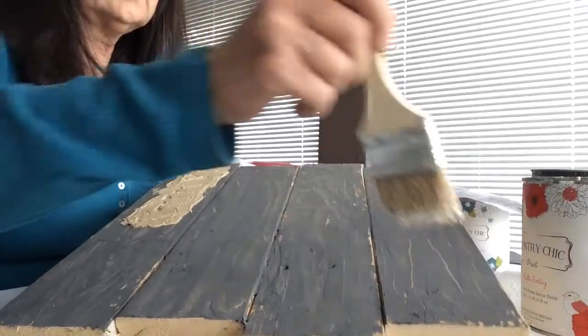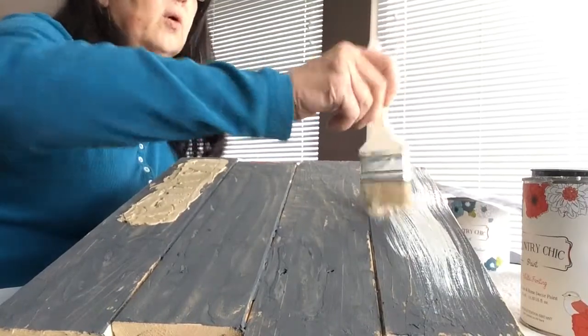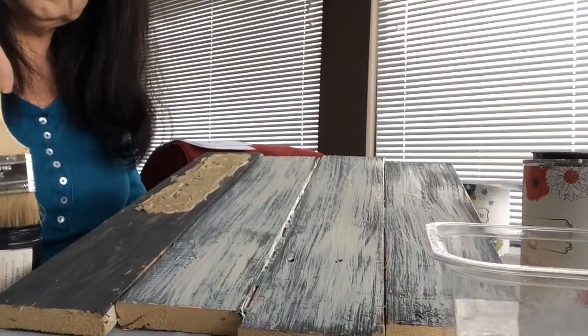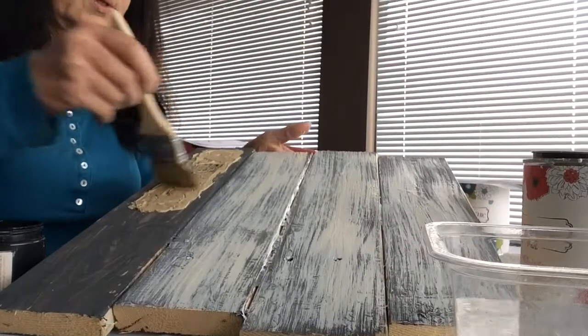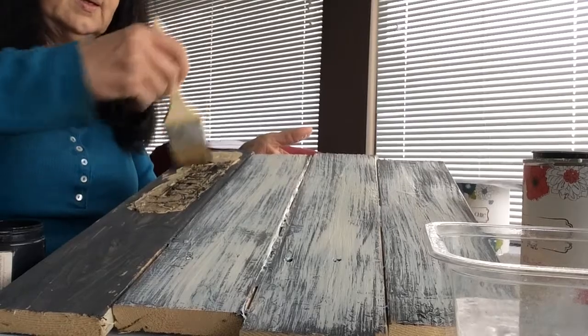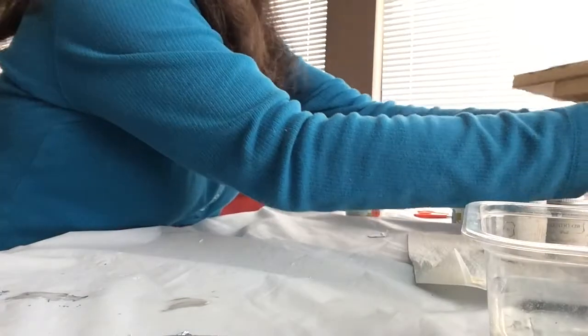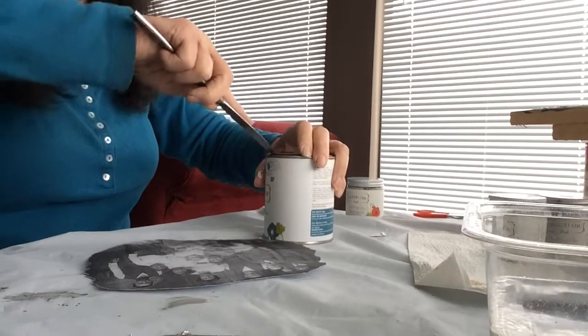Now that my texture paste is dry, I'm going to take vanilla frosting paint with a 2-inch brush, and I'm just going to lightly go over it. Not so that it's solid, it's more like a wash type. On the colored section, I'm going to put in some licorice. So it's got the back behind it. Over it again with the vanilla frosting. I'm going to put that aside, and now what I'm going to do is get the transfer